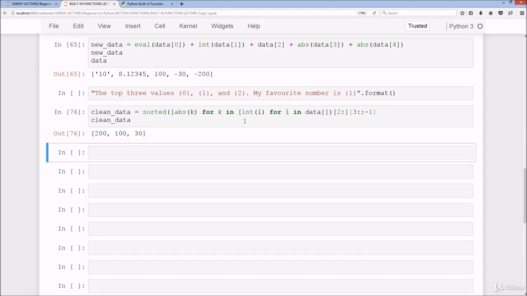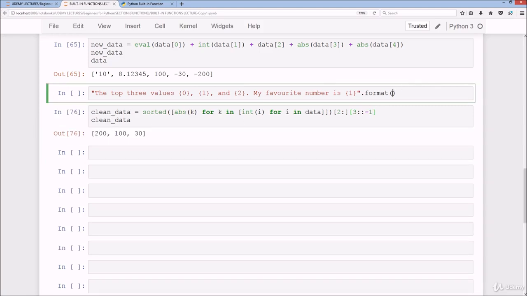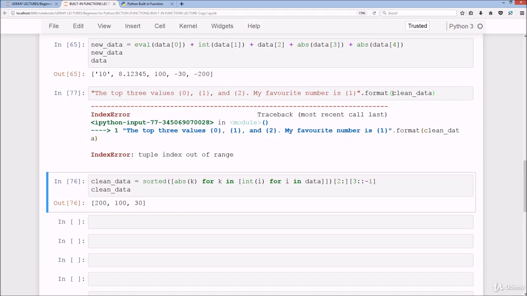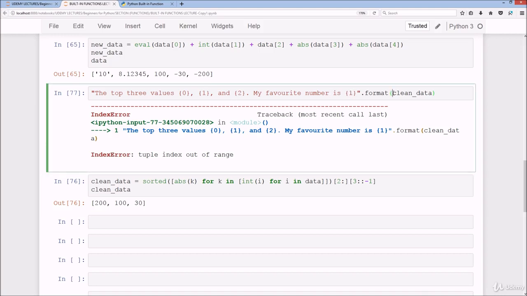So now we can put the clean data in the format, but if we do just clean data, this is actually going to cause an error. Okay, so index error, tuple index out of range, because we have only 3 elements, which are 200, 100, and 30, and we have a total of 4 of these curly brackets. So what we need to do is firstly this, and that will add on the numbers for 0, 1, and 2. But what about this one here? Well, this should work actually, because what it's going to do is take the 100, if I run this,